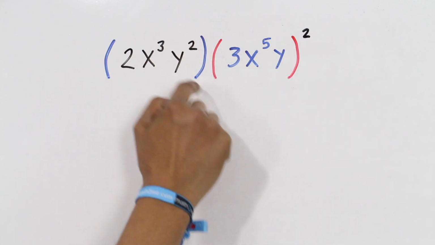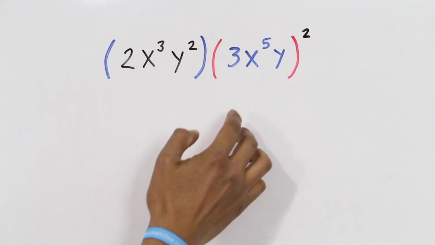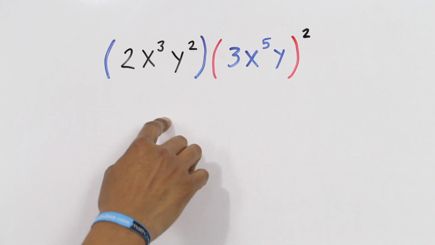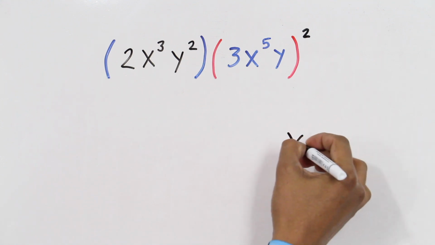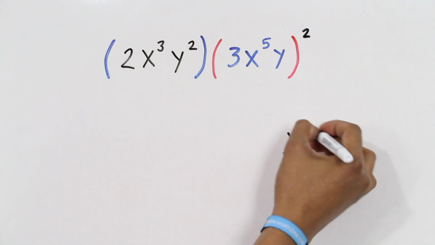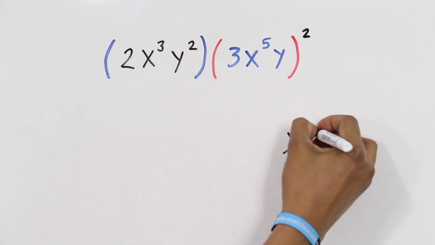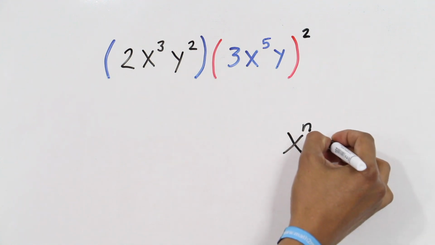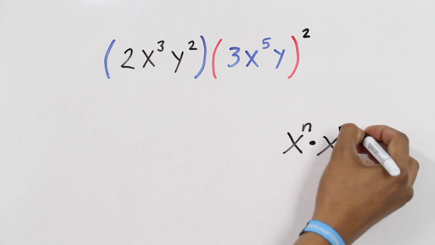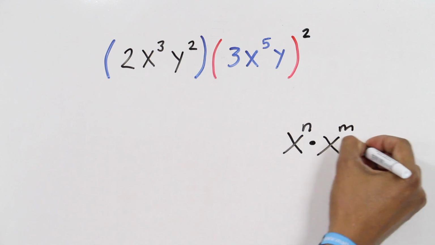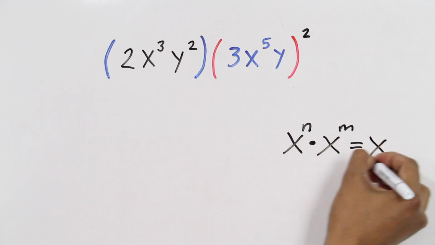If you want to solve this multiplication, we need to apply the rules of exponents. But first, we have to keep in mind these two rules. The first one is when you have a variable raised to any power, for example n, and then you multiply by the same variable but with a different exponent, for example m, the result will be: use the same base raised